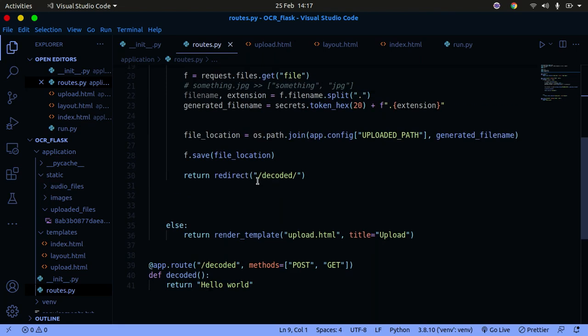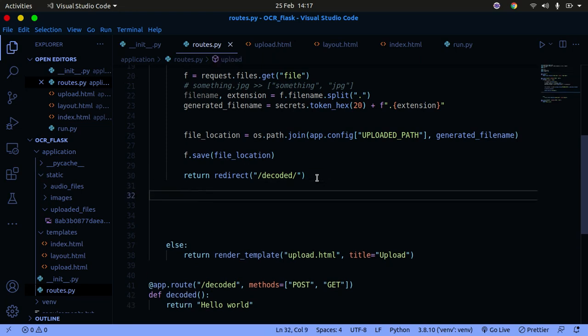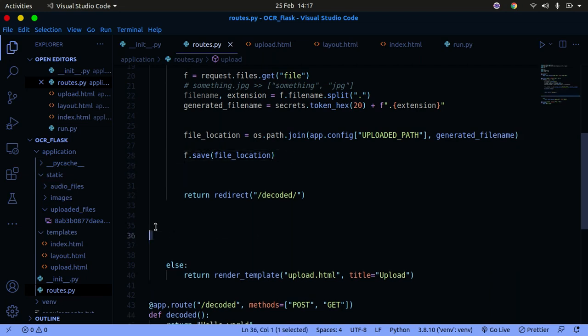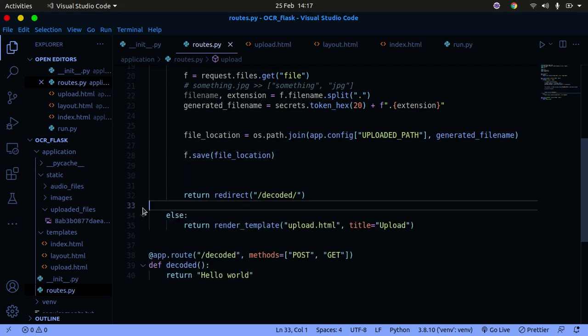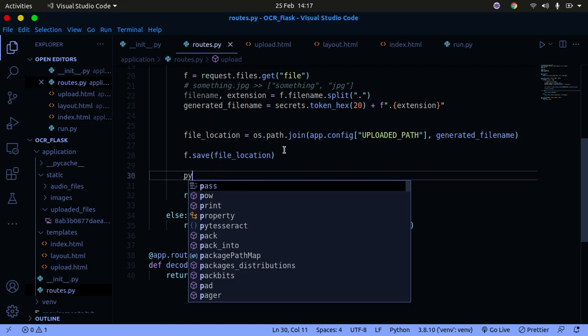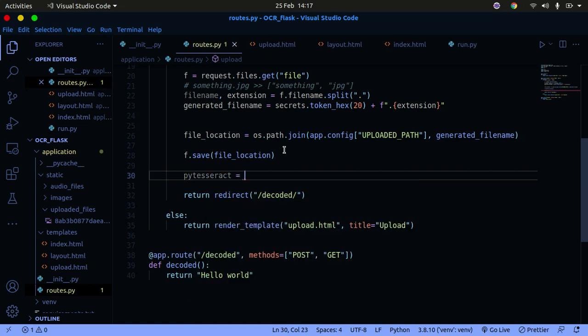So let's go ahead and do the processing of the image here to identify the characters that are within the image. I'm going to go above, before the return statement. My bad, let me just delete all these unnecessary spaces. Just after we have uploaded the file, what I simply want to do is identify all the characters in there. So I'm going to say pytesseract dot pytesseract dot